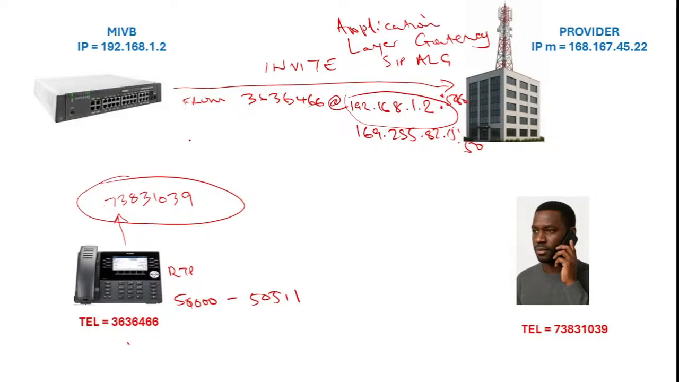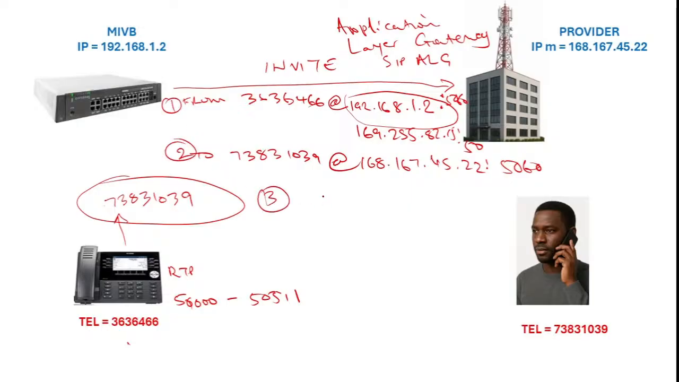And then in the invite again there is a "To" part of the invite which is 7383.1039 at the public IP address of the provider. In this case it could be 168.167.45.22, and again at port 5060. Then this is 1, 2, this is all in the invites, and in the invites there is an SDP part